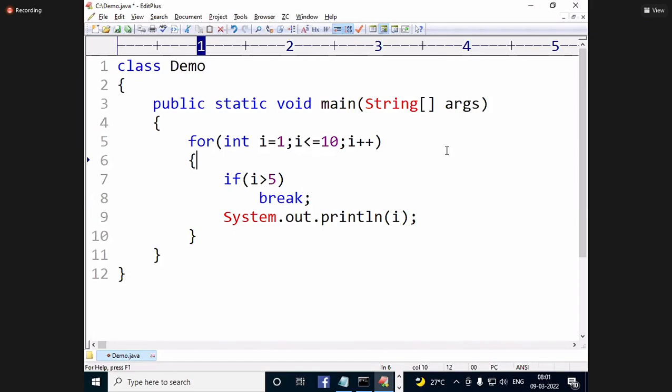Any other? 1 to 5. No output. Okay. 1 to 4. That means all people have not understood again. 6 to 10. 6 to 10 also came. No output. Okay.